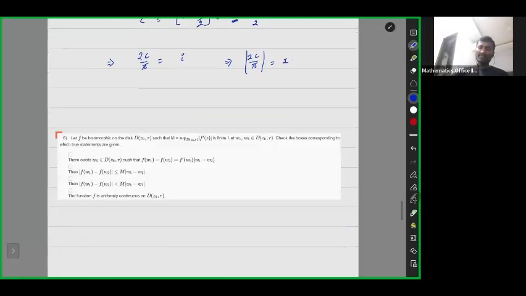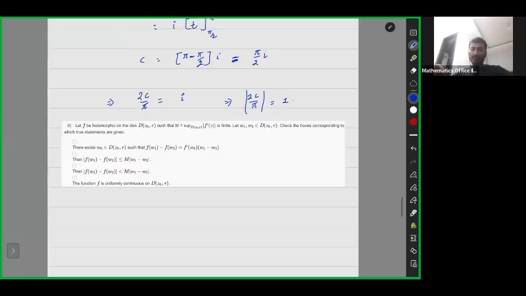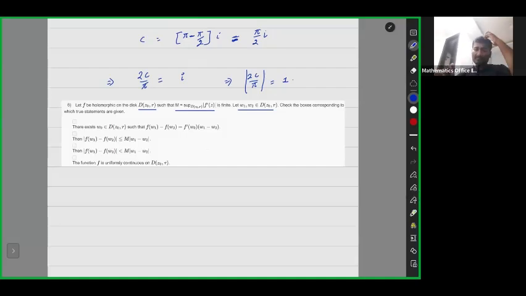Question number 6. F is a holomorphic function on a given disk, P z naught R, and M is the supremum of the set of complex numbers F prime z, and given two elements in the disk, we have to check which of the following is correct. The first part is A part. There exists w naught such that f of w1 minus f of w2 is equal to f prime of w naught